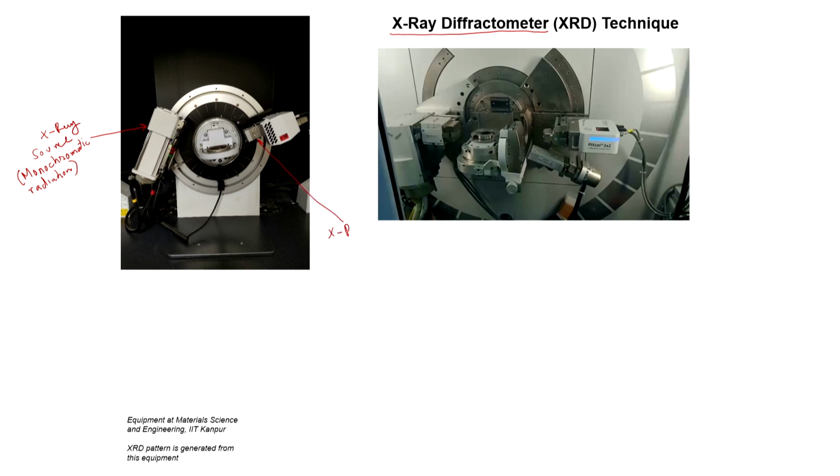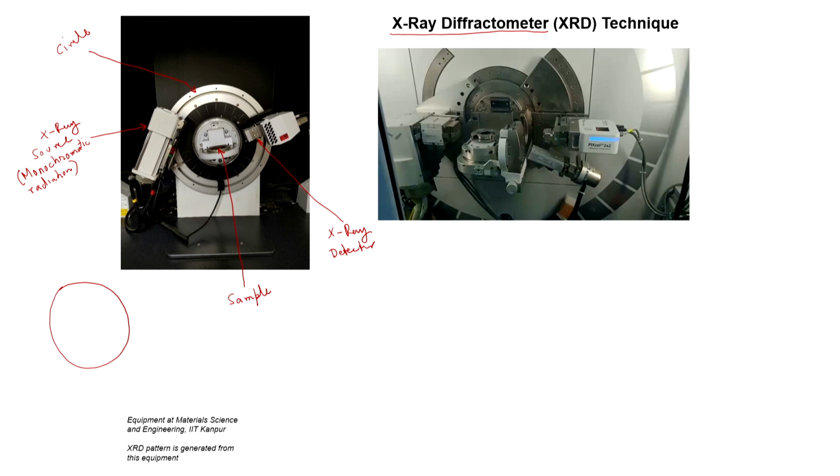This is the X-ray detector, and out here is the sample. Now, there are a couple of geometries that are used in X-ray diffractometers. One geometry could be, you can imagine that there is a circle, which is essentially this circle I am talking about, and the X-ray source and the X-ray detector can move on this circle.